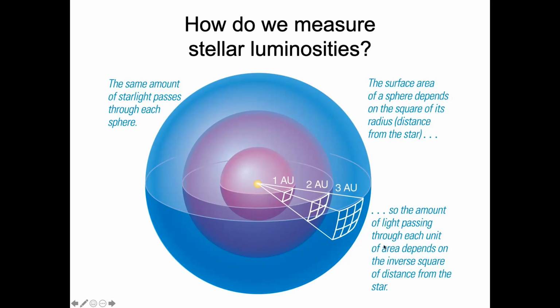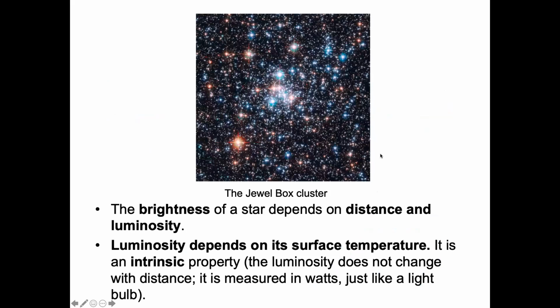If we were 4 times further away, then we'd see 16 little boxes, right? And the brightness that we would observe would be 16 times weaker than if we were at only 1 AU away. So brightness depends on distance and luminosity. The luminosity of a star depends on its temperature. Those two are tied together. More specifically, the surface temperature,